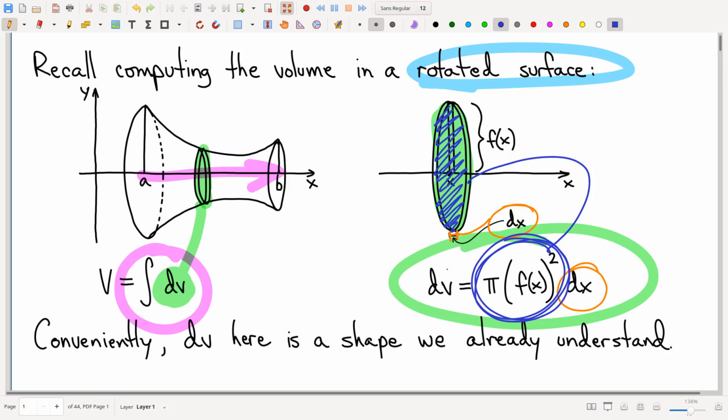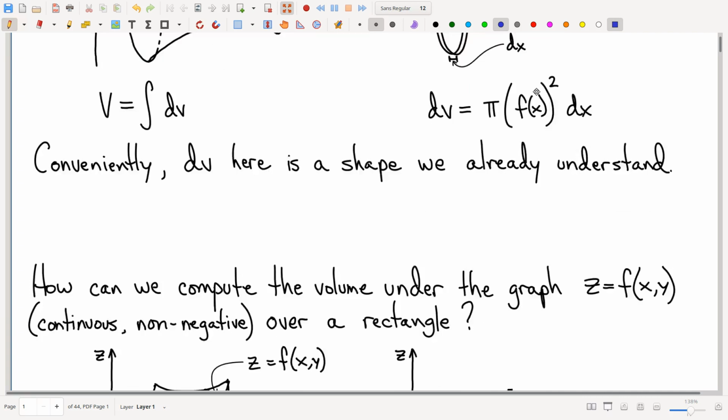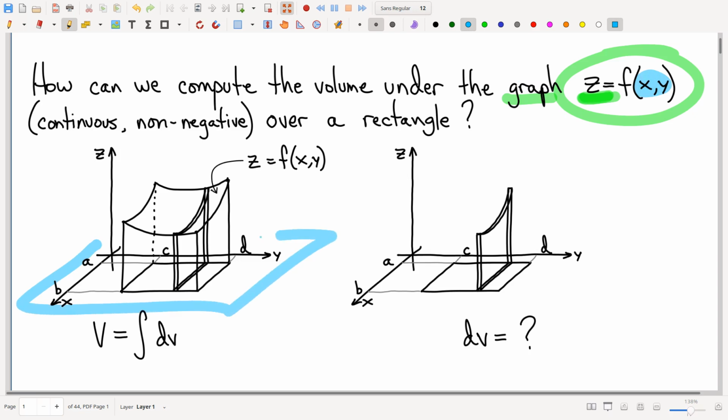Okay. All right, so I'm going to basically rip off a lot of this idea to answer a multivariable calculus question. Very different question, no rotation, but what we're going to look at is a graph of a function of two variables. Right, two variables, x and y. Kind of our domain is down here, the xy plane. The graph is some surface up here like so. And I could reasonably ask, if I were to look over a rectangle in this domain, and if I wanted to compute the total volume under that graph,